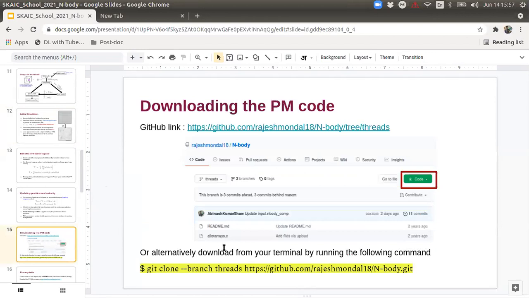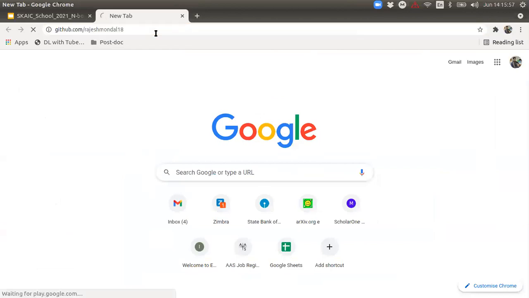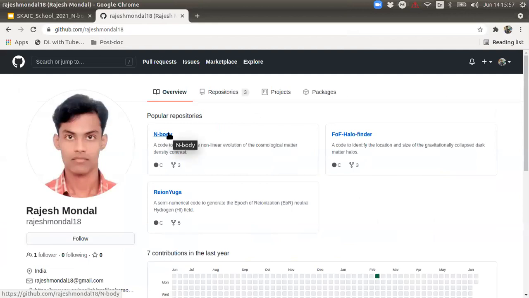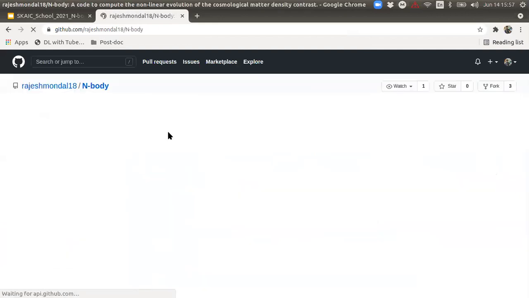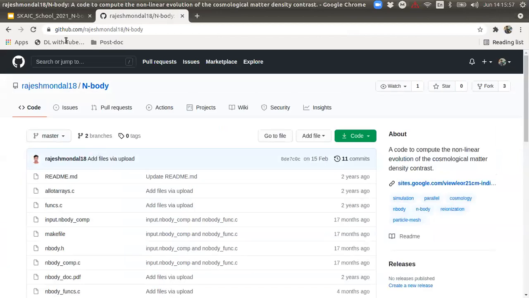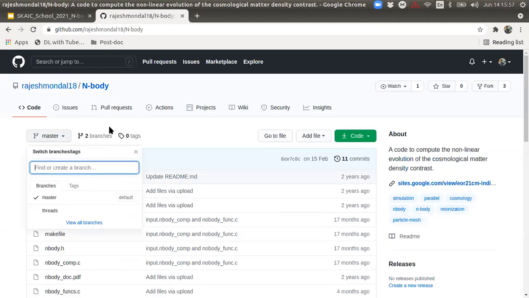So you can download from this website, and the link is given here. I will share the slide so you will get the link. Let me show you how to download. It is hosted by one of our organizers, Dr. Rajesh Mandal. You can see that there are two branches here.